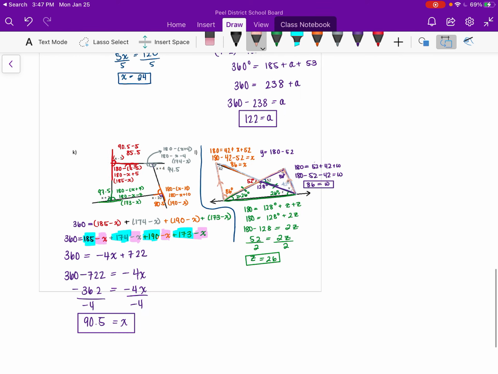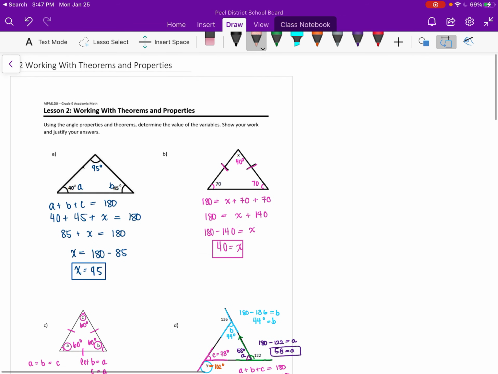Alrighty, so that's the end of this lesson. Try doing the homework for this lesson. It is a little bit more tricky, but it's a good way to make sure that you understand how to use the theorems and the properties. All right,